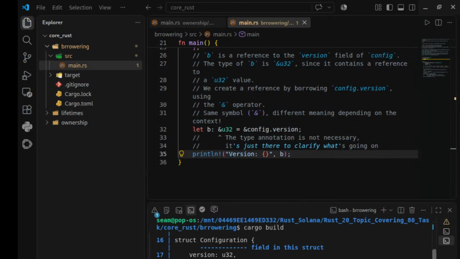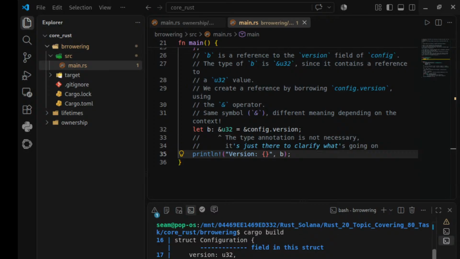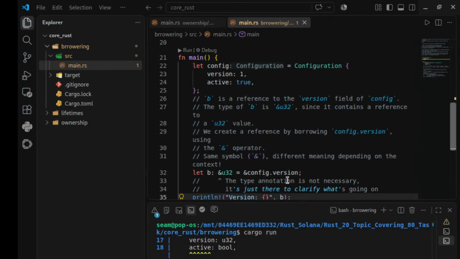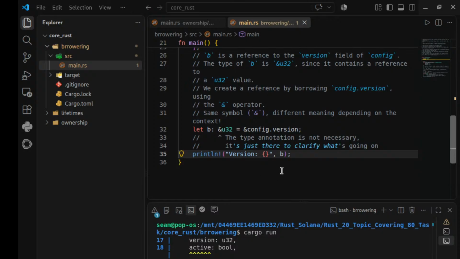Okay, we just build it and we will run. So version 1, version B is 1, right? So we just borrow, we just have a reference in B. We have reference of version in B, and